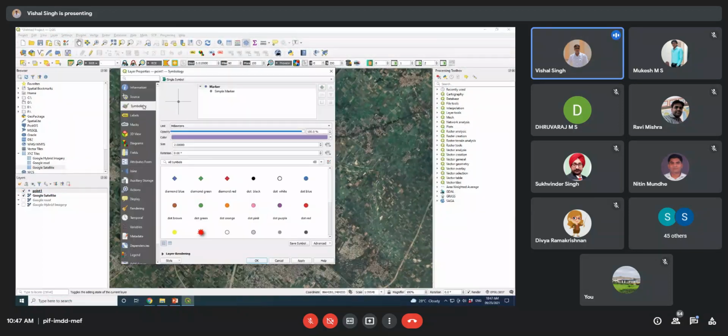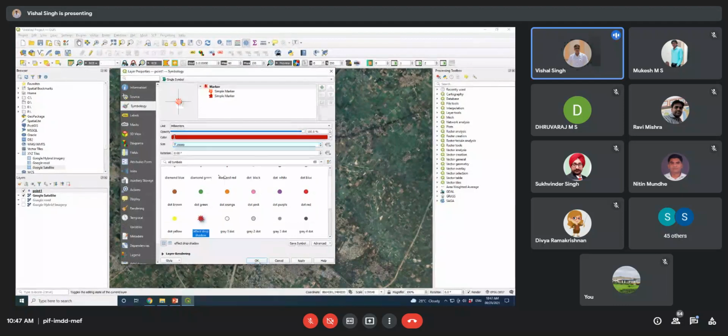The layer is in the projected coordinate system. In symbology, you can select different markers for different kinds of structures. We will see this later, but I will increase the size of the point so we can visualize where I have generated the information. Now I am going to apply this and click OK.